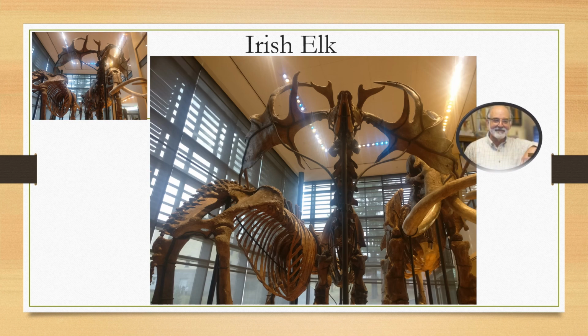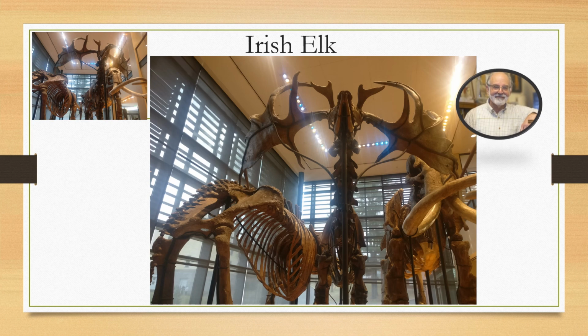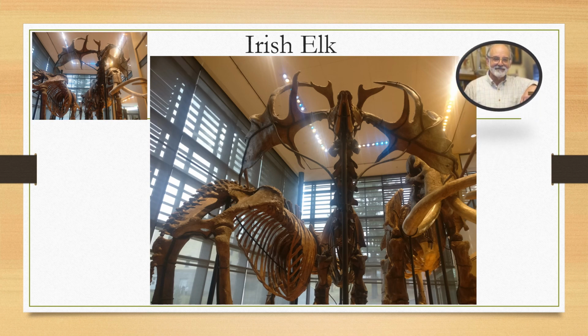So this is Megaloceros hibernicus, generally called the Irish elk, and this specimen does come from Ireland, but actually the term Irish elk is very much like what Mark Twain said of the Holy Roman Empire. It was neither holy nor Roman nor an empire, but